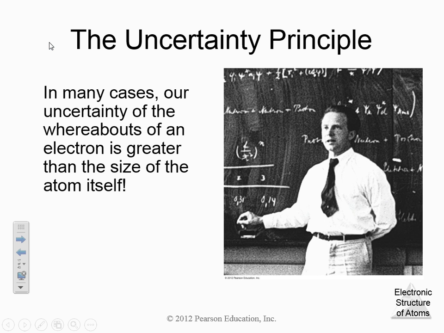However, the uncertainty principle states pretty much the electron is so small and so fast of a speed that we really don't know where it is. So in many cases, we are entirely uncertain about where the electron is. So if we can't find the electron, how are we going to know it's reacting? Well, to solve the uncertainty principle, which is Heisenberg,